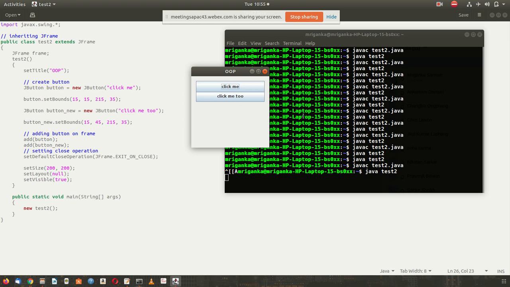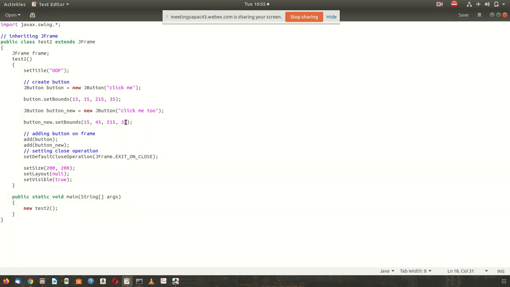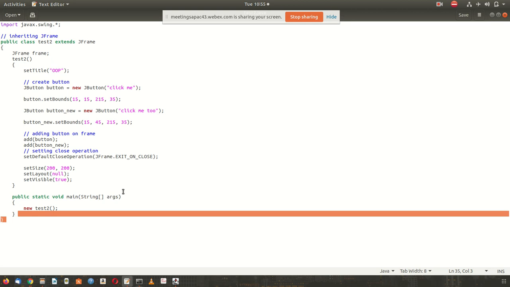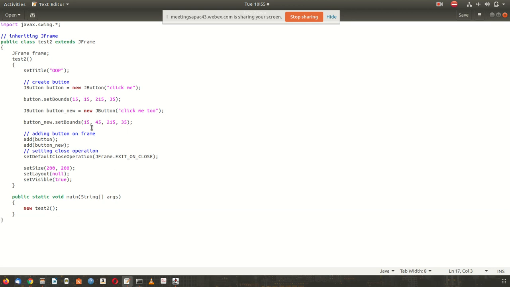You don't have to manually fix the location. Like here I have to manually fix the location, 15, 45, 215, 35. For standard operation the layout helps, because then you don't have to do it manually. But for this experiment, set layout is null, so there is no fixed layout you have to follow.